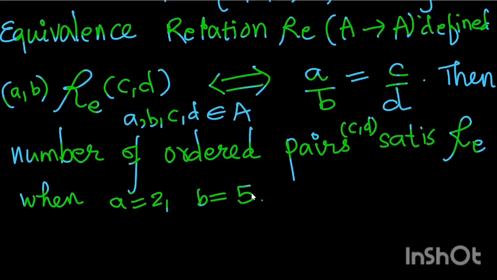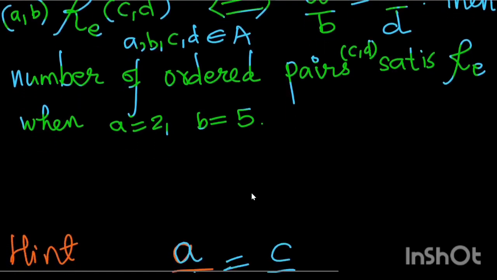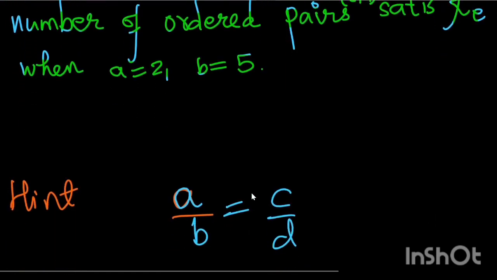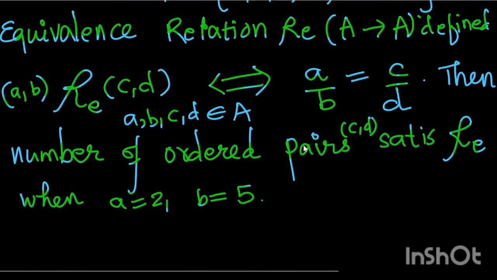Okay, so how should we proceed with this, guys? What should be the hint to this question? So A by B equals C by D they have given, and already it is given that it is an equivalence relation. And if you think, do we need to prove this? No, it's not required, but just in case you are curious about why it is an equivalence relation, we can put